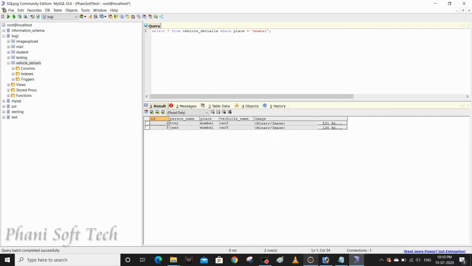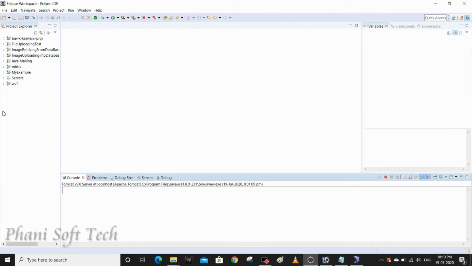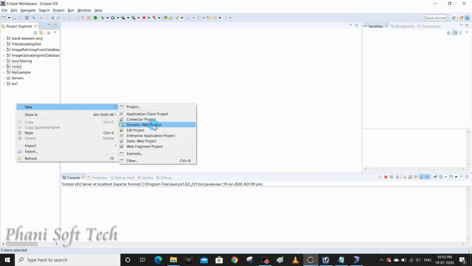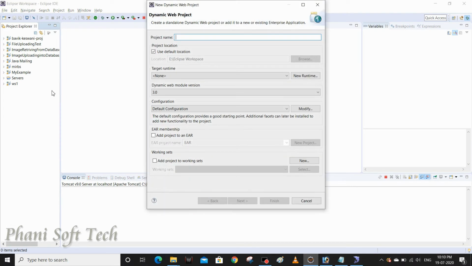In the Java application, strictly go ahead and create one web application. Open your favorite web IDE. New dynamic web project. I hope you know how to create a dynamic web project and how to insert a server. If you're not sure about this, go ahead and see my previous video for multi-image retrieving; you will get some idea.